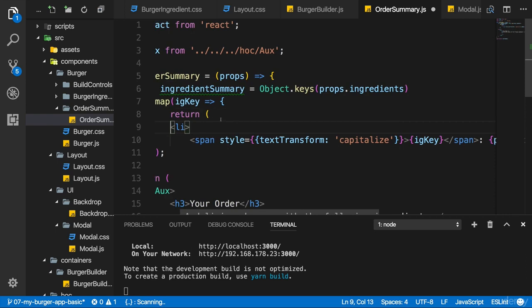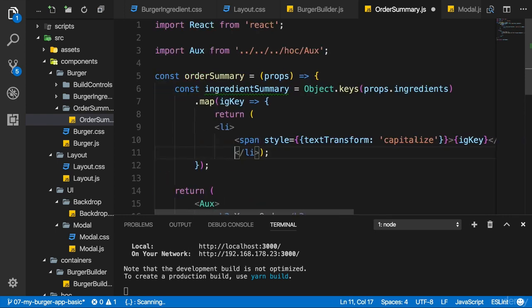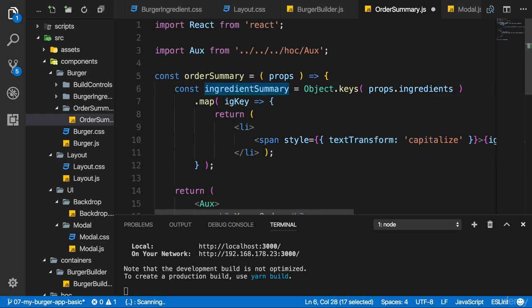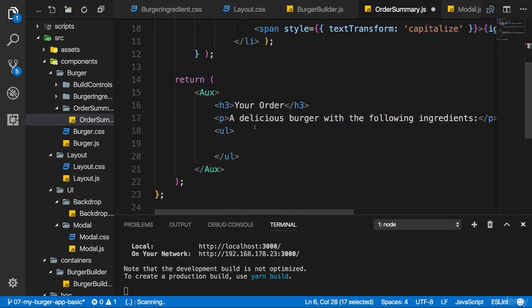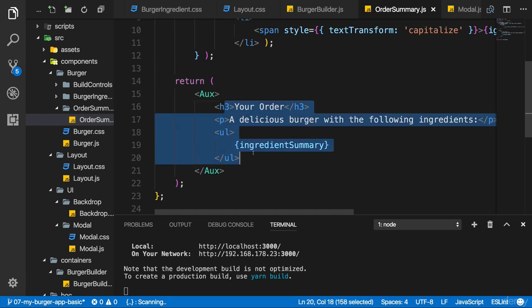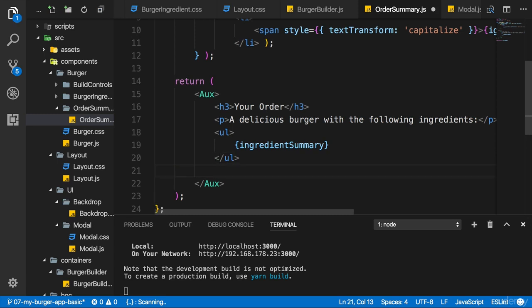So we have the list item here, and in that list item we have our span. Now this is what I want to create, a list of these list items. And now we can simply output ingredient summary inside of that unordered list. And I won't style this unordered list because here for this rare occasion I'll actually use the default style of all these elements, which is why the order summary component doesn't even have its own order summary CSS file. Though of course you are free to add one and style this to your needs. And then I want to add a paragraph where I say continue to checkout,